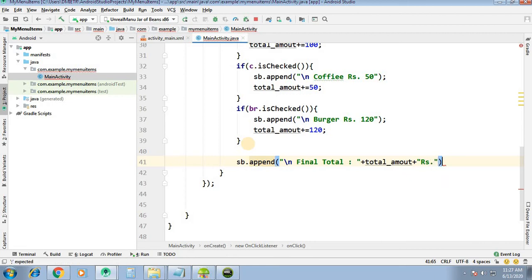So now this is what we are going to print in a toast.